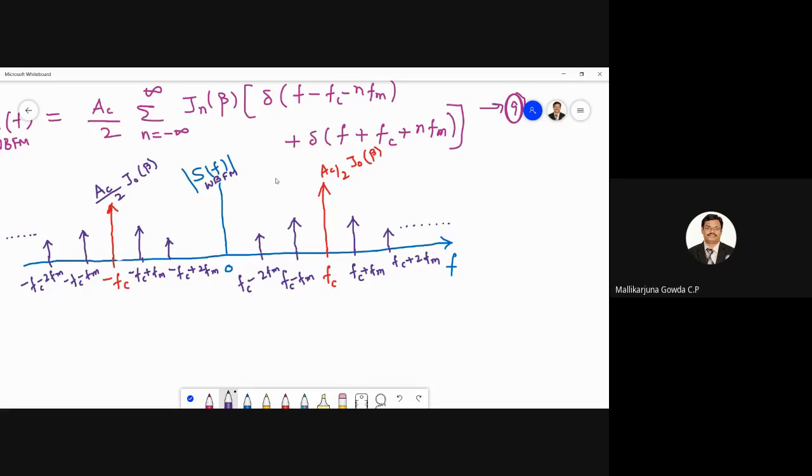But here the value of n, that is the number of sideband frequencies, increases, no? This NFM, right? So this will have some amount of magnitude. That is approximated to 0, but it will have very little amplitude when compared to the carrier amplitude. I will come to that approximation; we still have discussion on it. So theoretically we say it has an infinite number of side frequencies.